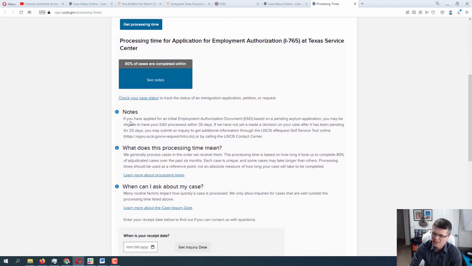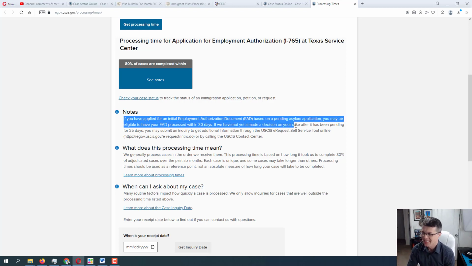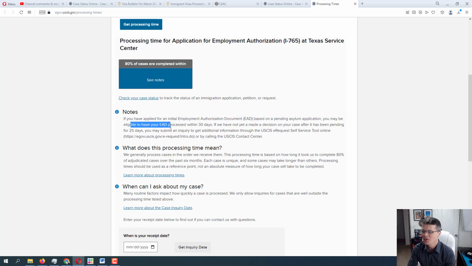Alright, now we're going to scroll down to Notes. If you have applied for an initial Employment Authorization Document based on a pending asylum application, you may be eligible to have your EAD processed within 30 days. Okay, now the time clock is starting to make sense.